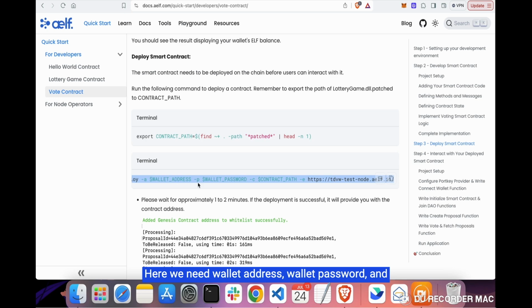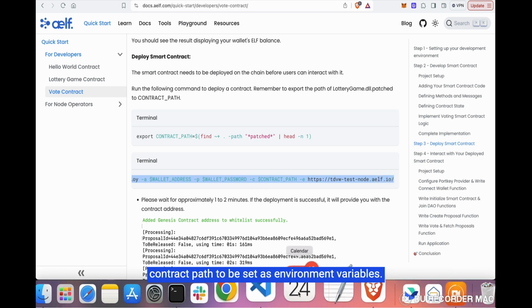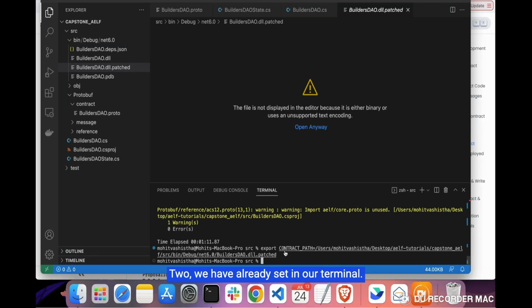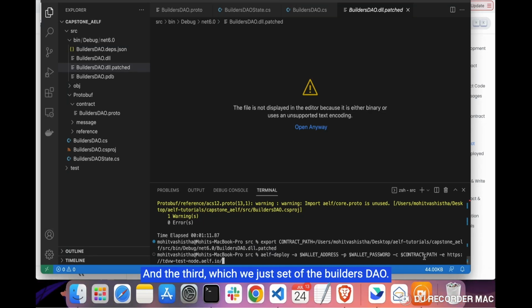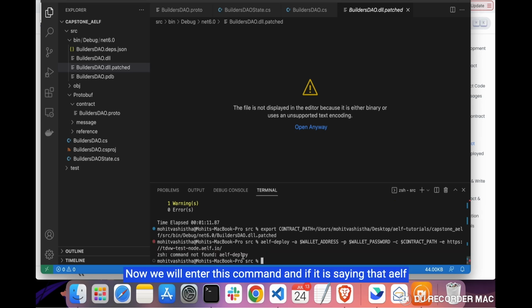Here we need the wallet address, wallet password, and contract path to be set as environment variables. Two we have already set in our terminal, and the third, which we just set, is the builders.dll.patch file. And then this is the testnet URL. Now we will enter this command, and if it says that elf deploy is not found, then you can